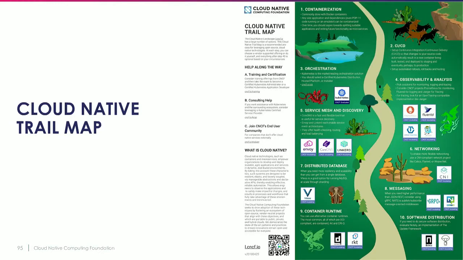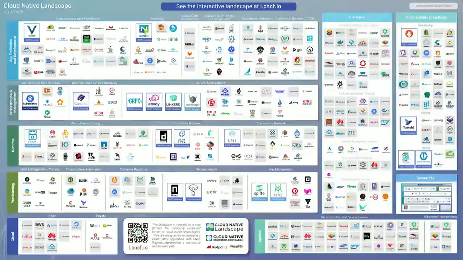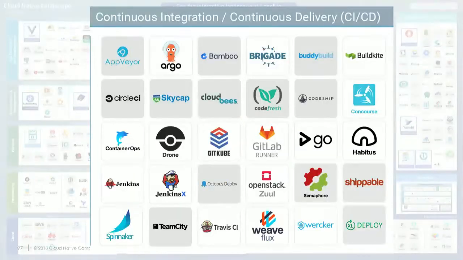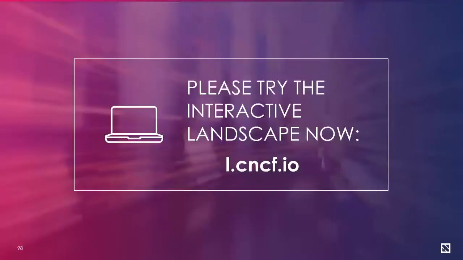And so this is a useful way of thinking through the different steps as you move on into a cloud native path. This is the front side of the document, where this cloud native landscape is the back side. But now let's zoom in to the continuous integration part. And this is a much better way of researching this, is to go to the new interactive landscape that I had mentioned before,